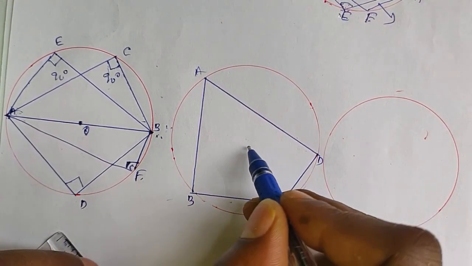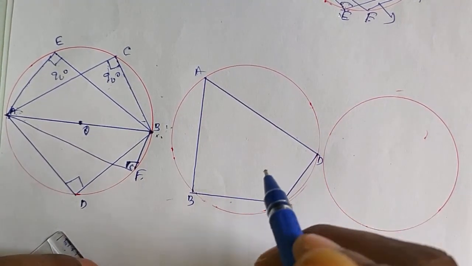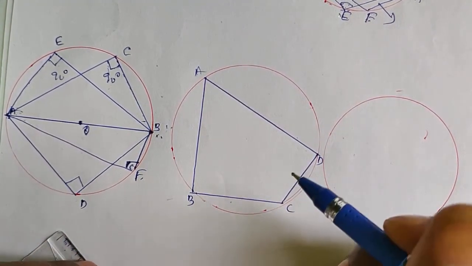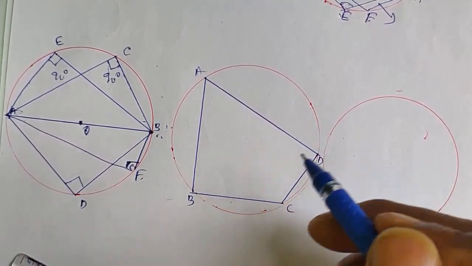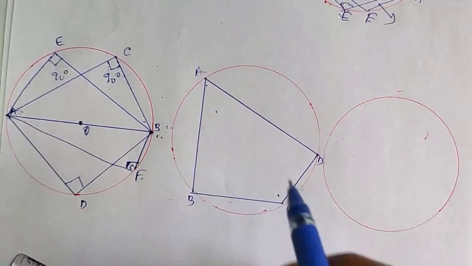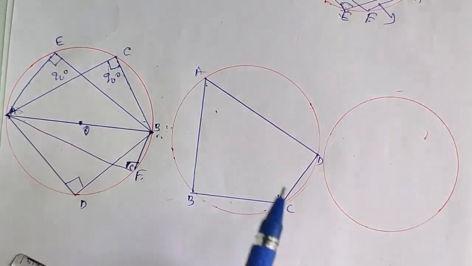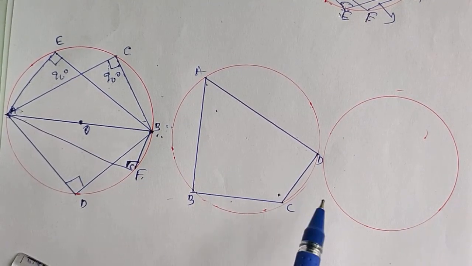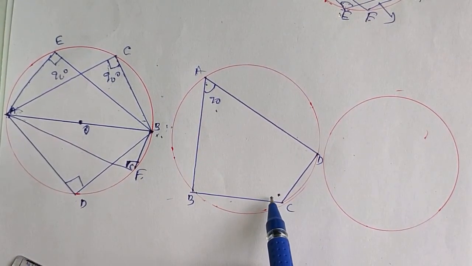Once it is a cyclic quadrilateral, it's clear, then we can use some relation. What is the important relation? Few students are still often making mistakes. So don't get confused, students. In a cyclic quadrilateral, the opposite angle sum is 180 degrees. I tell you once again, angle A is not equal to angle C. Many are confused. If angle A is given as 70 degrees, they even write 70 degrees for C also.